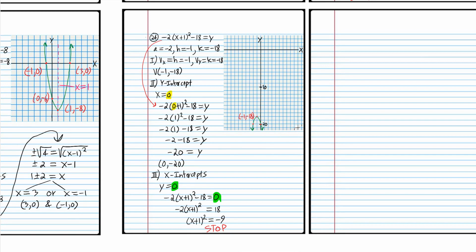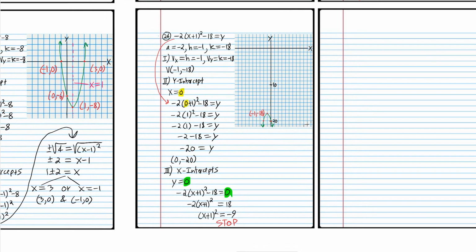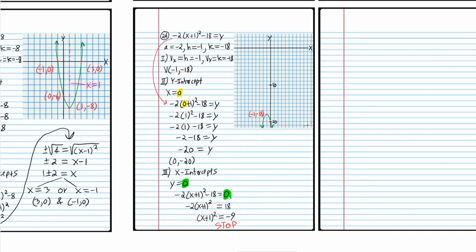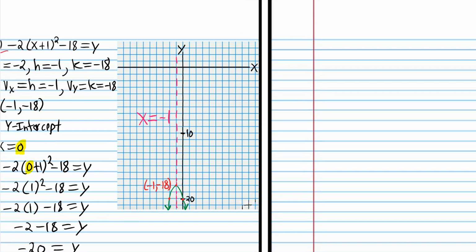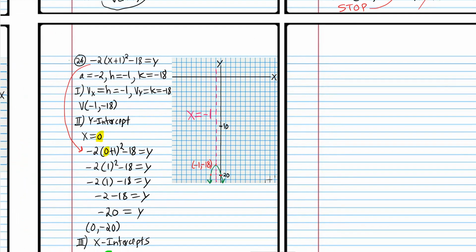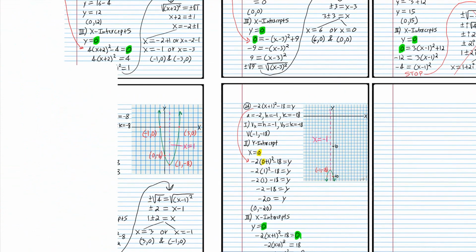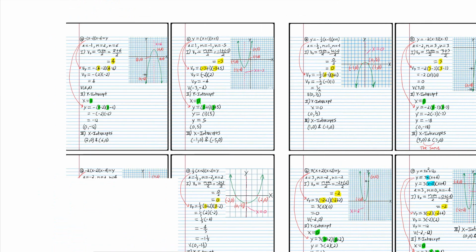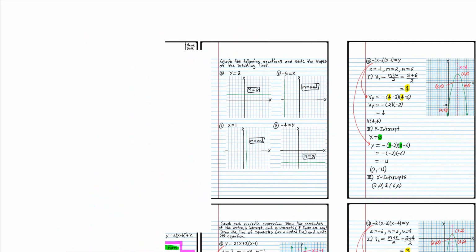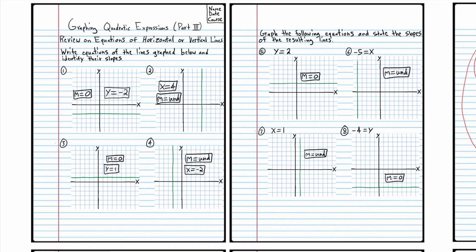So let's go ahead and take screenshots of all of the work that we did today. Actually, I forgot to write the line of symmetry. So x equals -1 is the equation of the line of symmetry. Alright, let's take screenshots of all the work that we did today to help you with your homework and to study for tests. So here's screenshot number 1